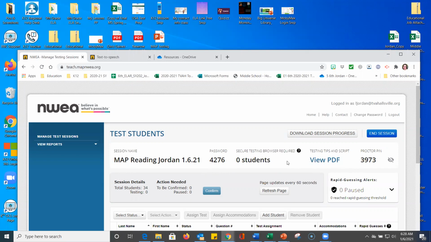They're going to need the session name. So I'm going to write down the session name exactly as it's shown here. If it's a capital letter, it has to be a capital letter. So for today, my session name is MAP capitalized space reading. And I didn't do the underlines because I found in the past that that doesn't help the students. Then I just do a space and my last name, Jordan,